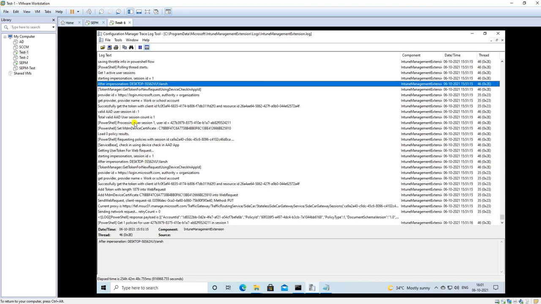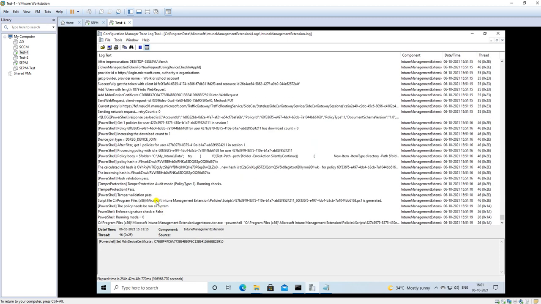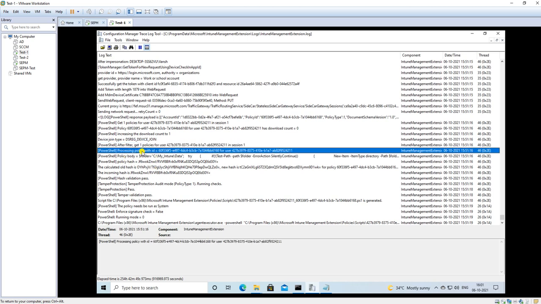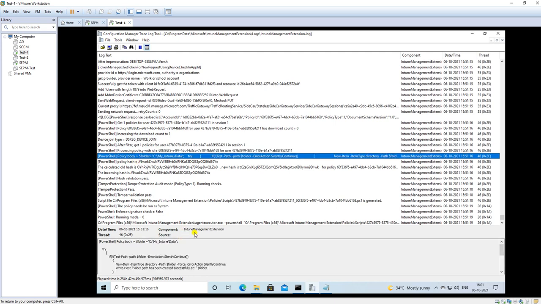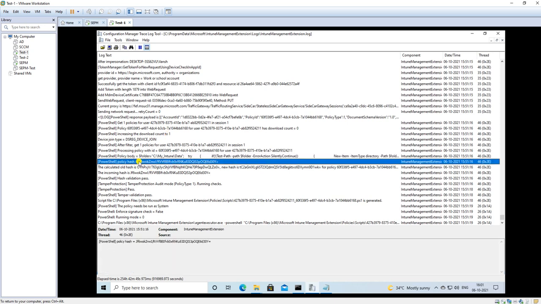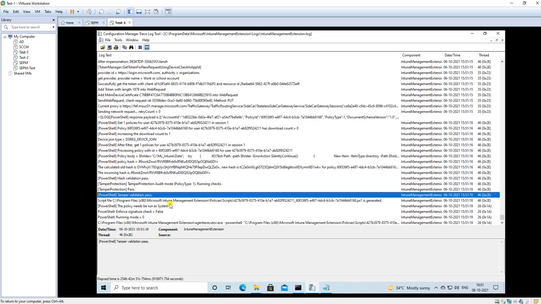Here you can check what is going on related to the PowerShell. And here is after getting the policy, session 1. This is the policy ID, and here you can get your details or what are the commands you pushed through your PowerShell script. So whatever you put there, it will give you the details. PowerShell policy body is like this, and till here you can take it. So this is the PowerShell script you pushed, executed now.